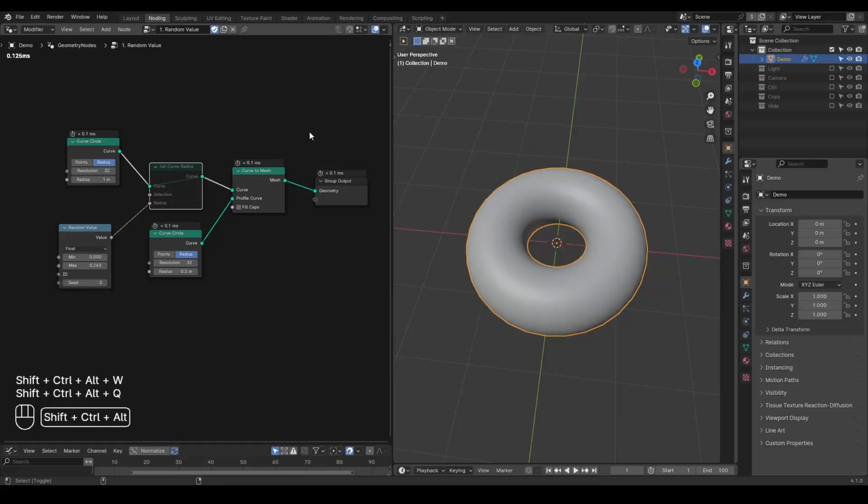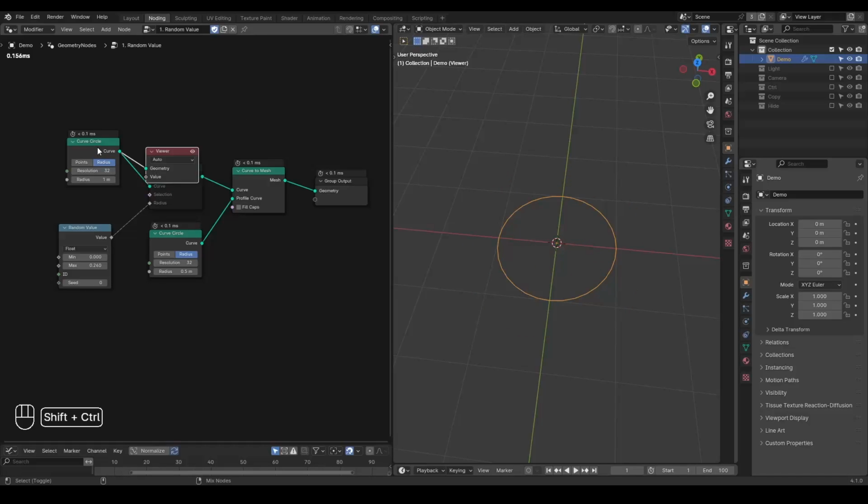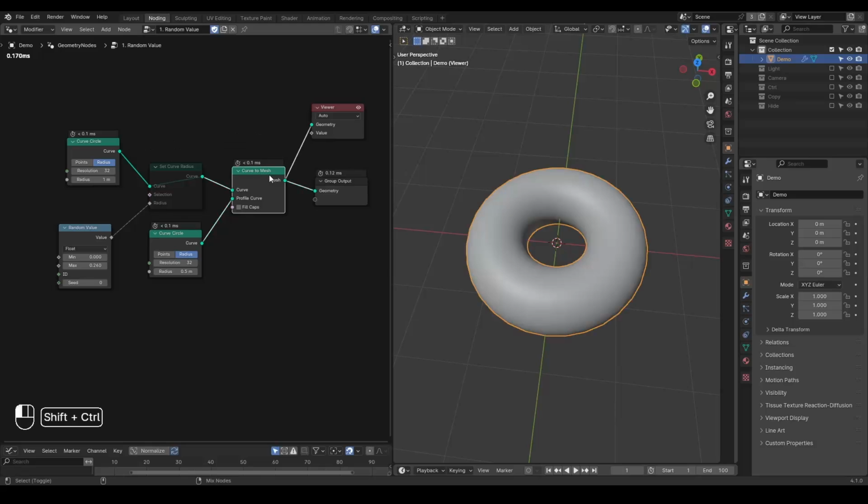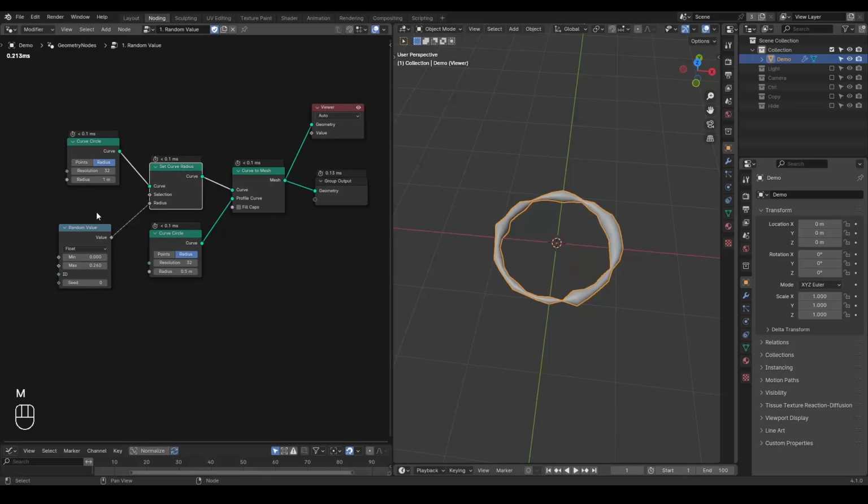So let's start. Here we are in Blender, and this is a very basic geometry node setup where I started with a curved circle node, and I'm using a curve to mesh with a curved circle profile to make that into a donut shape. I am also going to use a set curve radius with a random value node to make a random radius for every point. That's why you're seeing this kind of jagged geometry, which is basically a donut with different radius